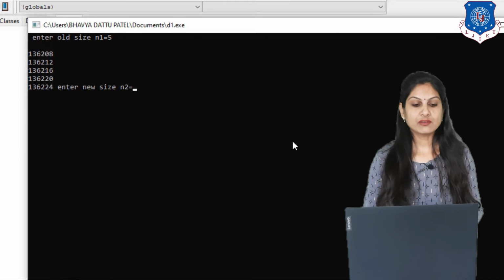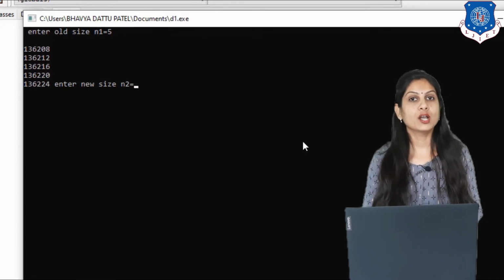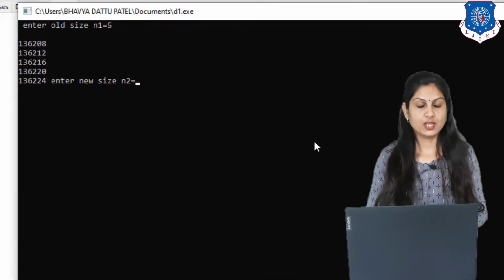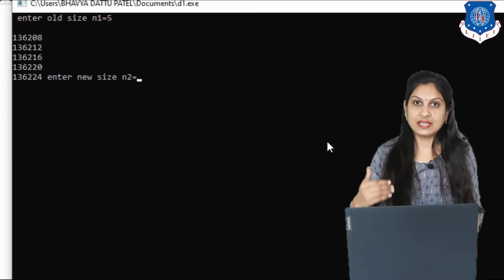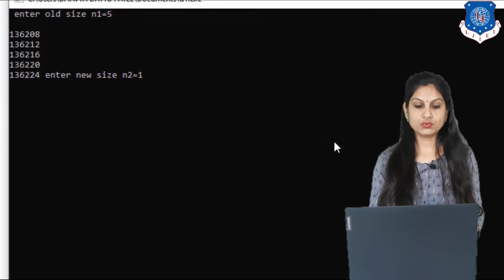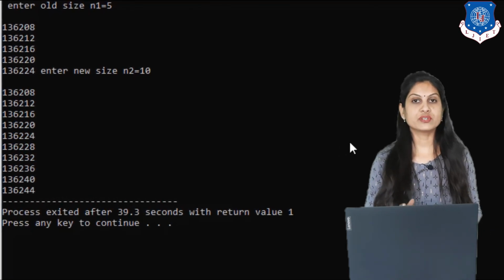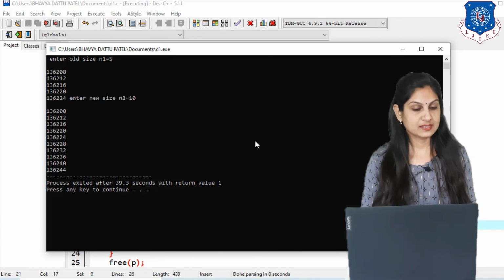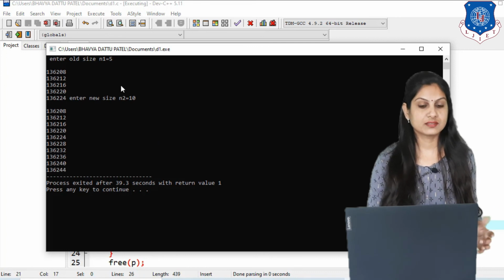So these are all the addresses that are allocated using the old size, and now suppose we want to resize it using our new size, and for that suppose I want to increase it. So I am giving the new size, instead of 5 it is 10. So the 10 addresses will be allocated. That indicates you can change your size. Here the concept is increasing the size.